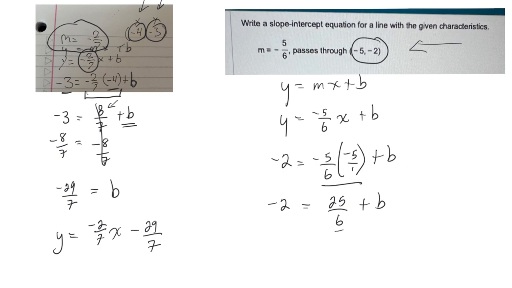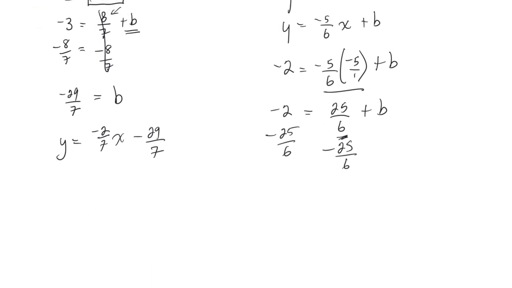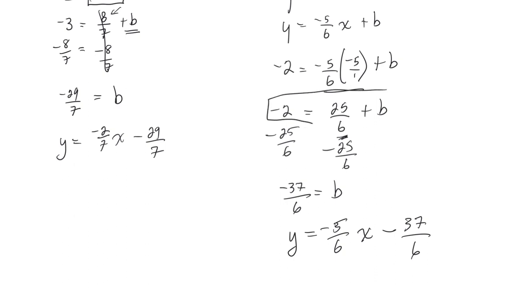And then I want to get this on the other side. So subtract 25/6 on both sides. Okay, so this will be b is equal to -37/6, I think. You might want to check that. And then this equation will be y is equal to -5/6 x minus 37/6. Okay, a lot of people make a mistake at this point right there where they'll try and move b